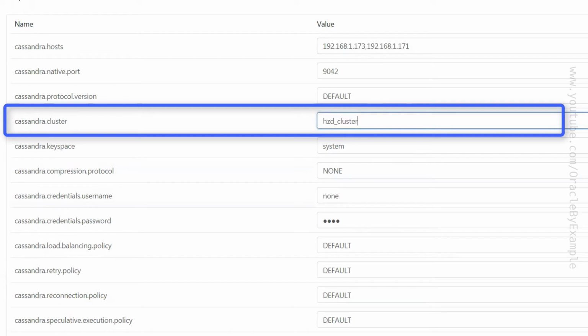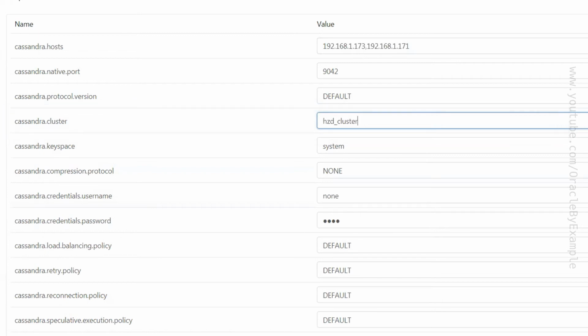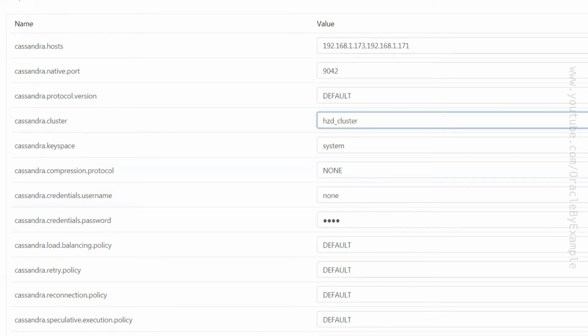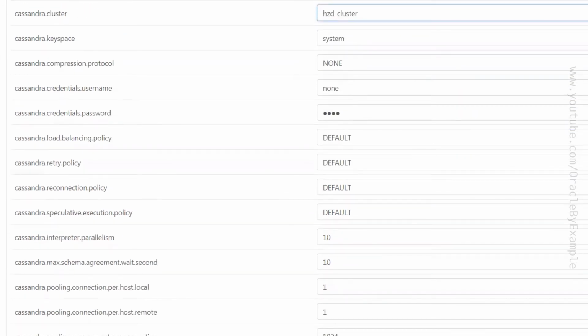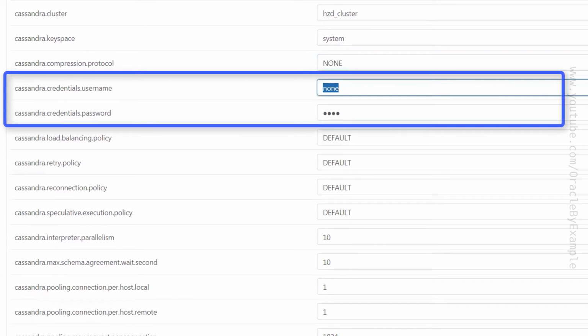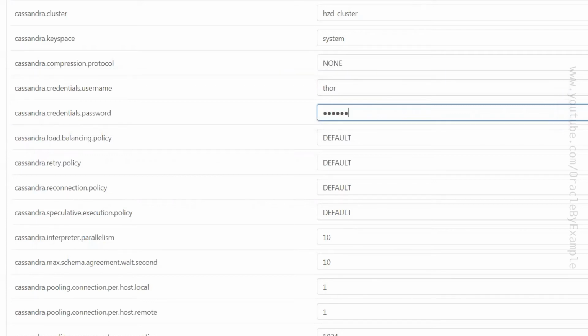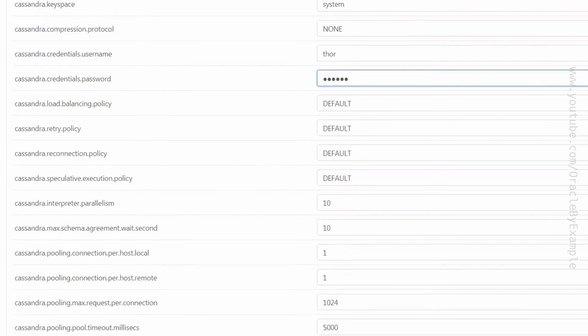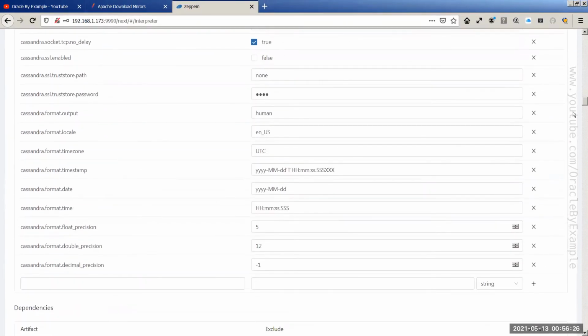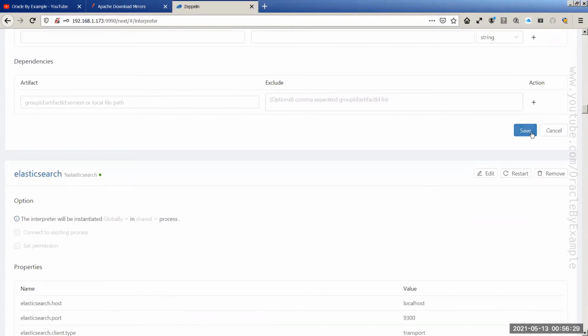My Cassandra cluster name is HZD cluster. I will provide the Cassandra credentials to log into Cassandra cluster. I will now save the Cassandra configuration.